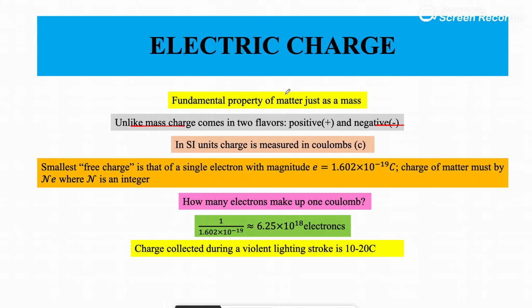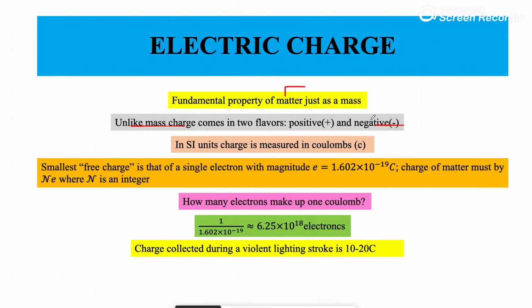Matter is made up of atoms. An atom is made up of protons, electrons and neutrons, with protons and neutrons forming the nucleus and electrons revolving around the nucleus. Electrons are negatively charged in an atom, whereas protons are positively charged. Of course, for a neutral atom, the amount of positive charge must be equal to the amount of negative charge. Otherwise, they would not exist.